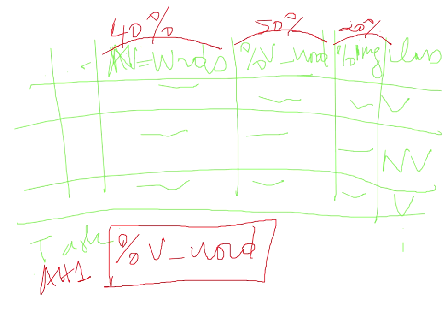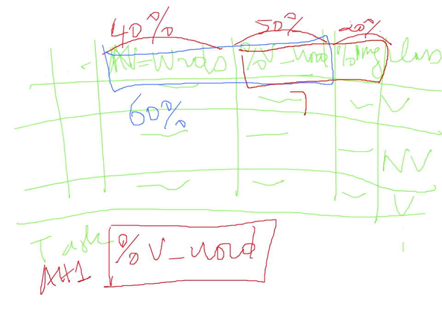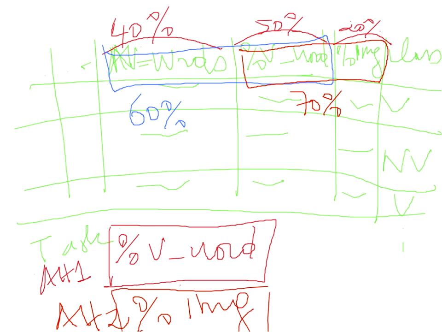After that, we will search for the best second attribute, which, added to this first attribute, can give us more than 50%. So we will test the percentage of violent words and all words together. For example, it gives us 60%. And we will also test the percentage of violent words with the percentage of image. It gives us 70%. So attribute number 2 will be the percentage of image,